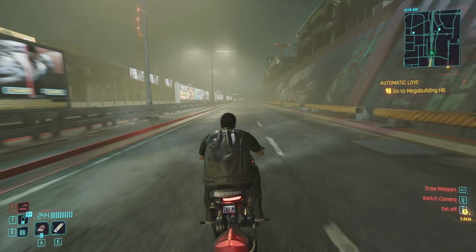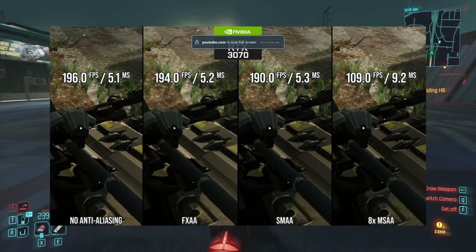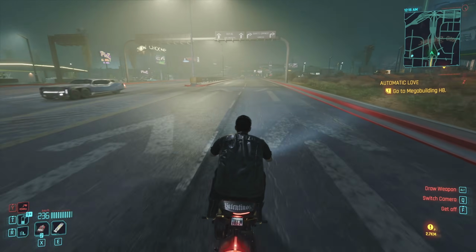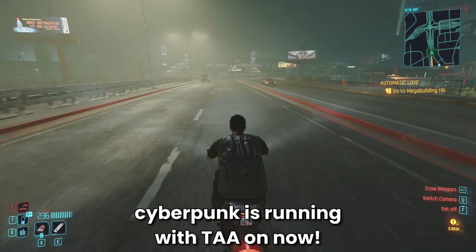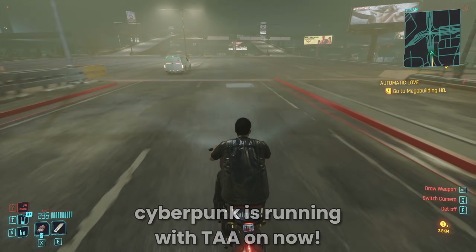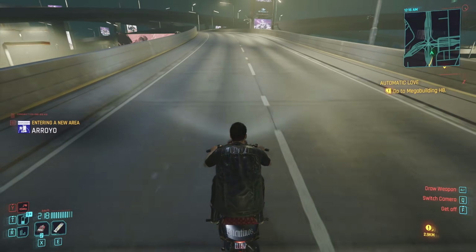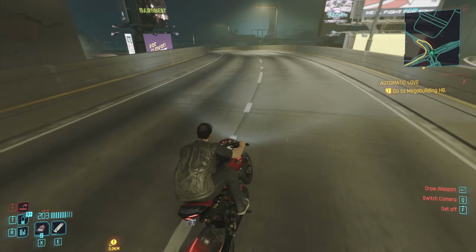Older anti-aliasing techniques include MSAA, FXAA, SMAA, and so on. These days, almost all modern games use temporal anti-aliasing. This technique specifically eliminates jaggies by leveraging information from multiple frames over time. Now, of course, the actual process is more complicated than that. It's only a very brief summary, but going deeper would mean a really long video.